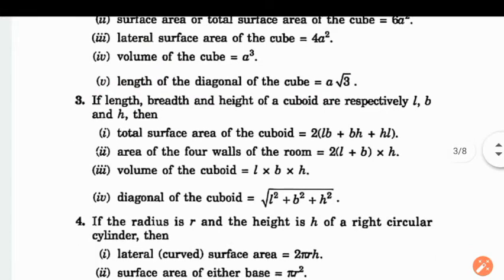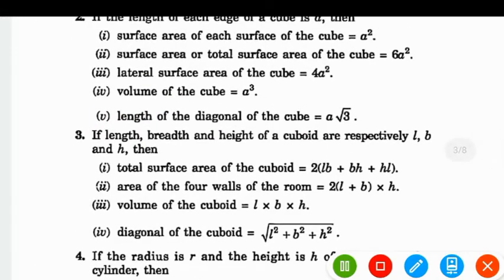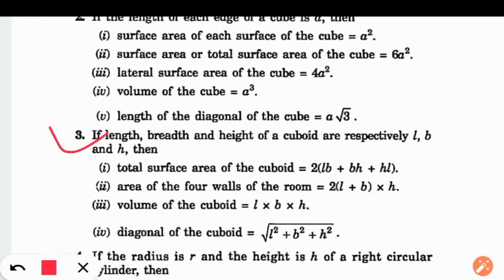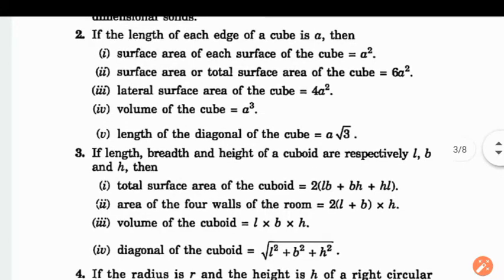So now comes point number 3. In this, we now have all these formulae related to the cuboid. We have another name for the cuboid, right? We call it a rectangular parallelepiped, the shape of the tank basically which we use for domestic purposes, right?